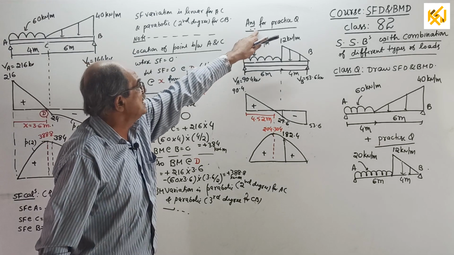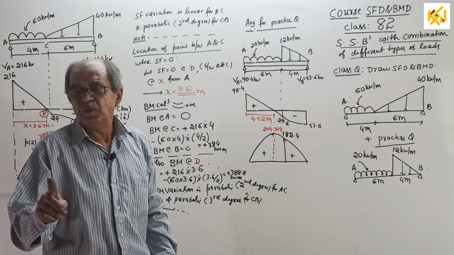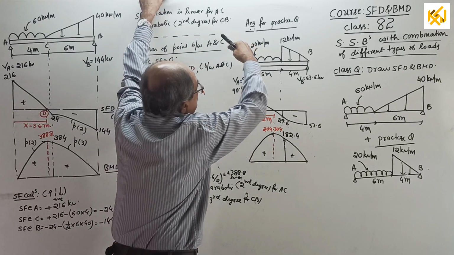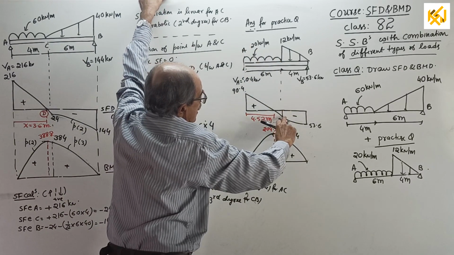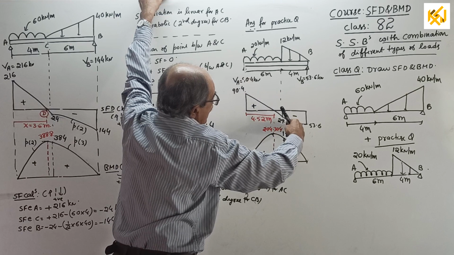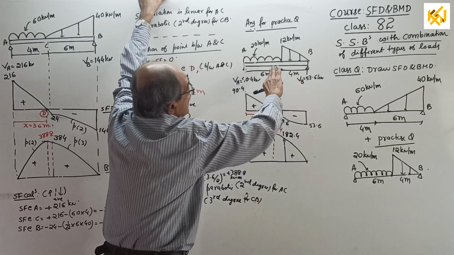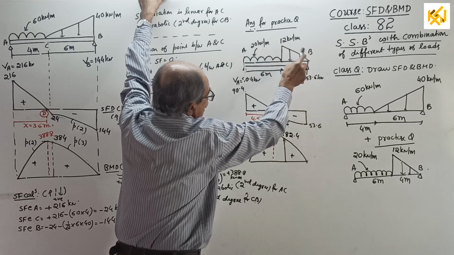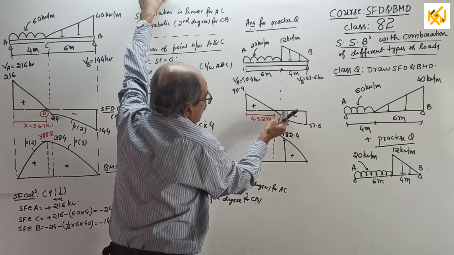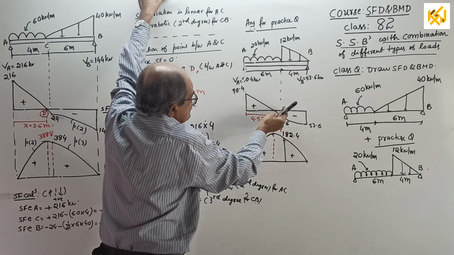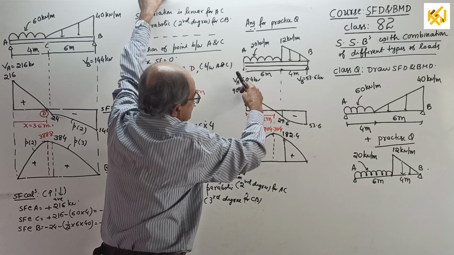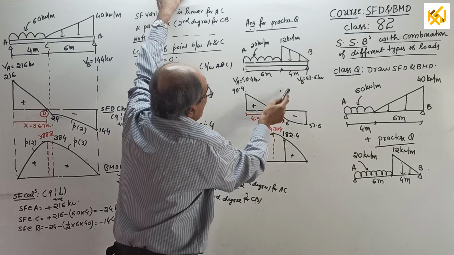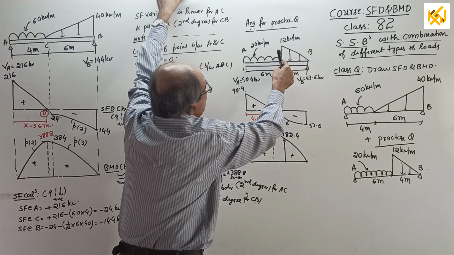The practice question, I wrote the answer here. See, one small explanation. 90.4 come down by 20 into 6, 29.6 will come. Linear variation, parabolic variation here. But remember, here maximum intensity, here 0 intensity. See here. Therefore, this side the slope is 20. It's already over. That side the slope should be 12, because when you go that side, the intensity is 12.